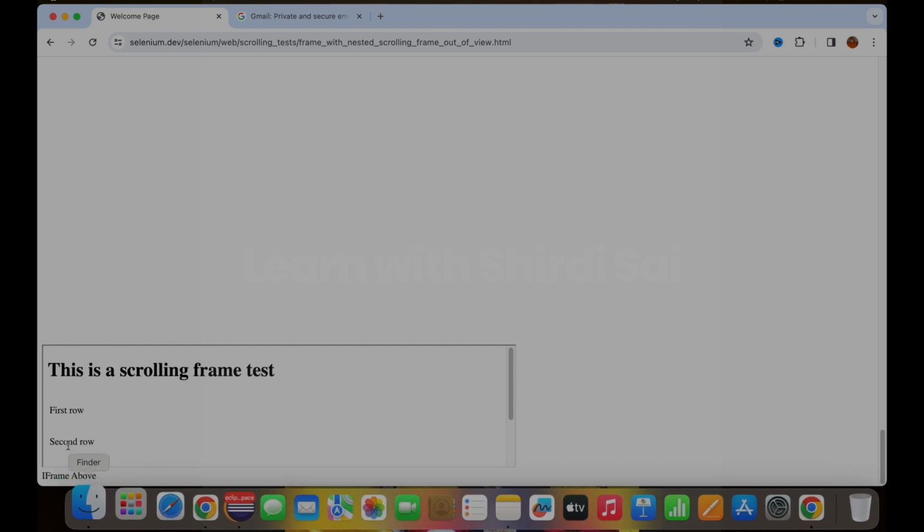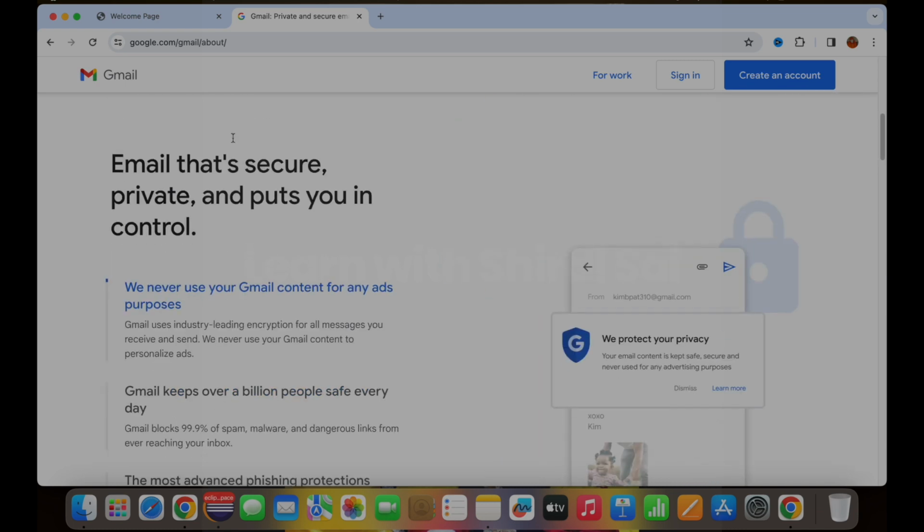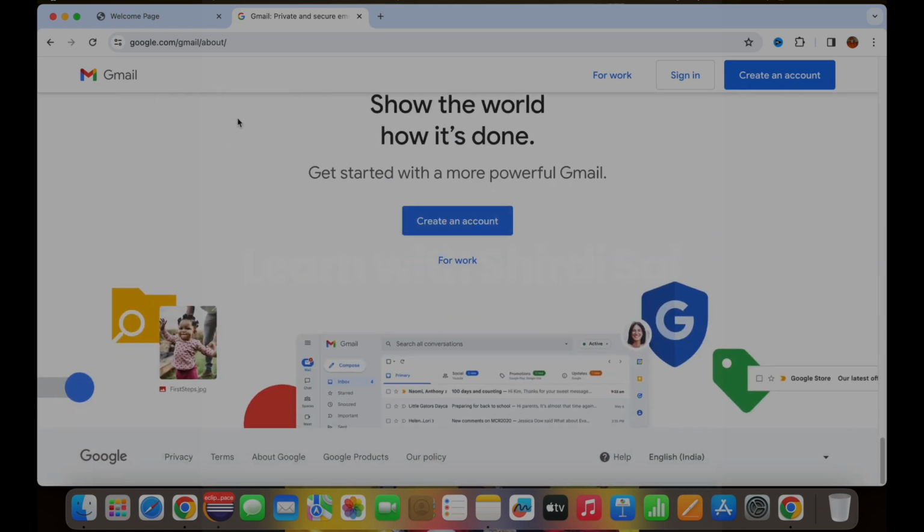We can get the location of this particular area and move from top to bottom. In a similar way, in Gmail also we can move from the top to the bottom. We can take the coordinates of any of the web elements present at the bottom and move to